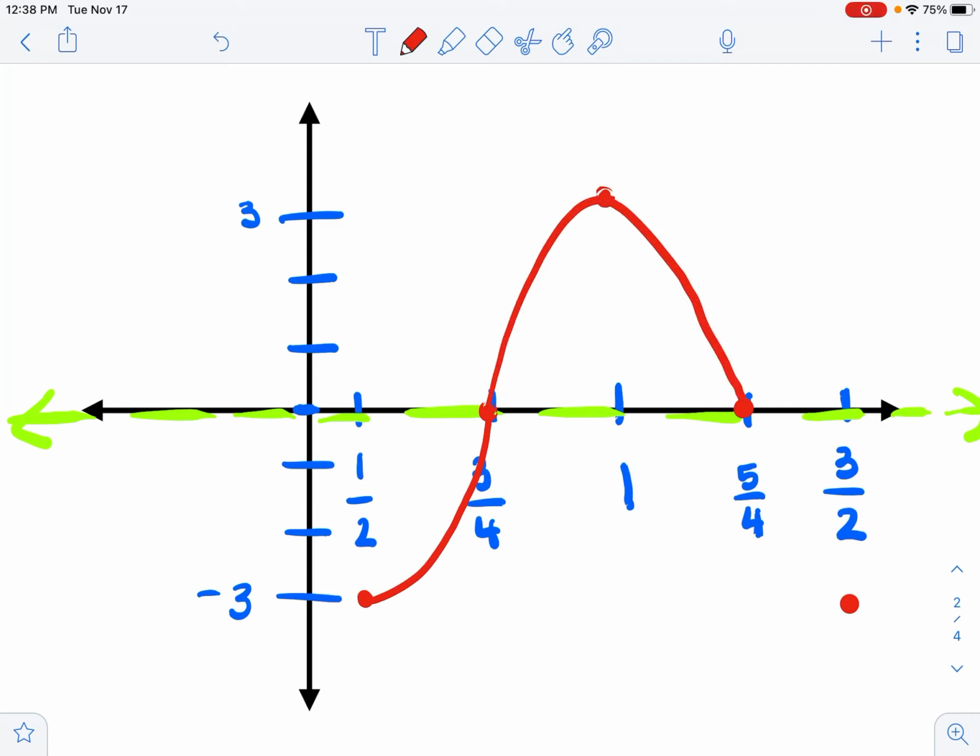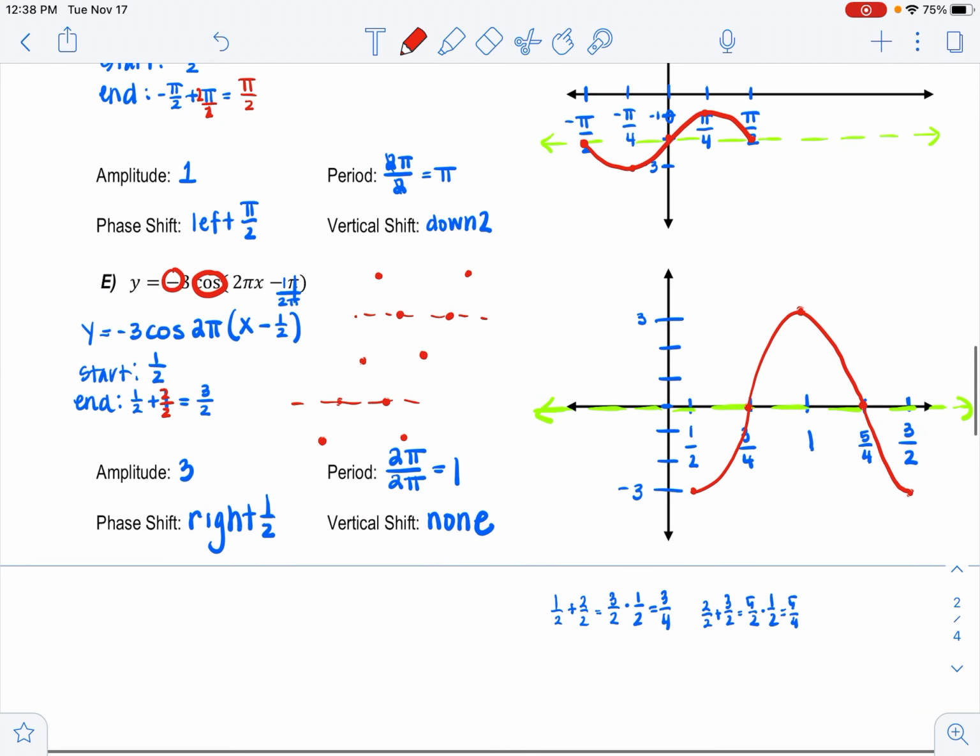Ooh, that's not pretty. Oh, that's not very pretty either, but I'm trying. And there we go. And there's your cosine function. All right, that's it for graphing sine and